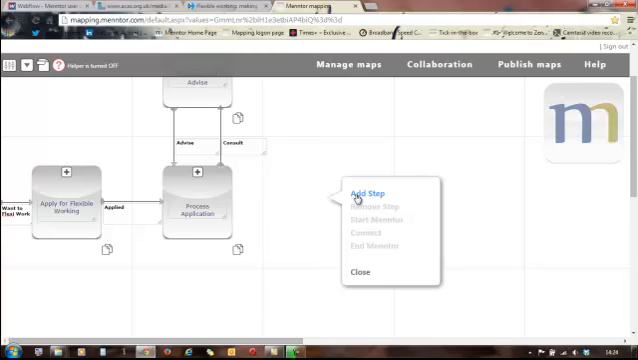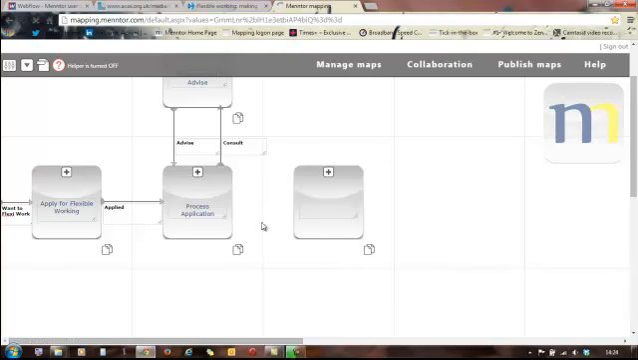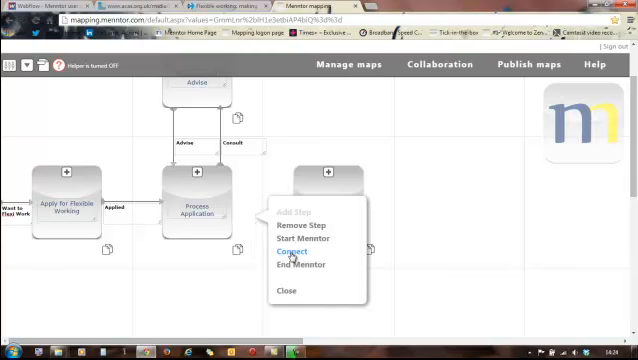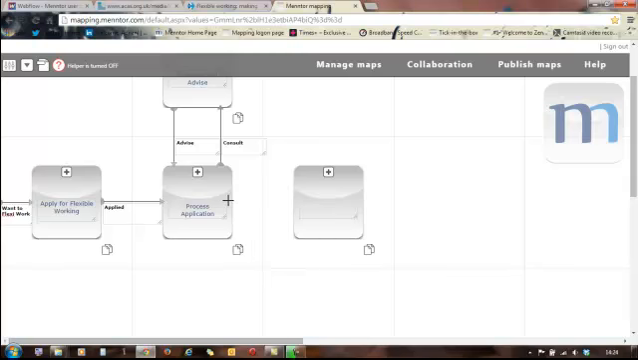So the output from the application will be a decision, and that will be the trigger event into the next step. So I just click in the square, click add step. I'm going to click in one of the squares again, get the connect option, and I'm going to click where I want the connector to leave a step, and then click into where I want it to enter a step. So the output from processing the application is a decision in this case, and that decision triggers the employee reviewing the decision